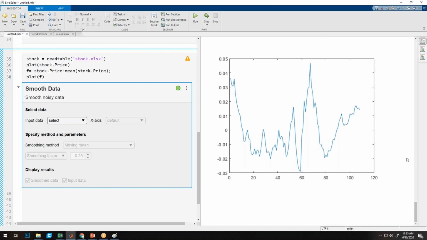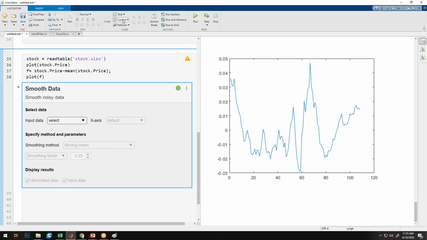So, in the earlier two classes, we just learned how we can import the data and see the data in MATLAB. And in this class, we are focusing on how we can use different techniques to process the data. So no doubt, I'll continue with the smoothing data. Why do we require smoothing? First we will see the effect of smoothing, and then automatically we will realize why smoothing is required.